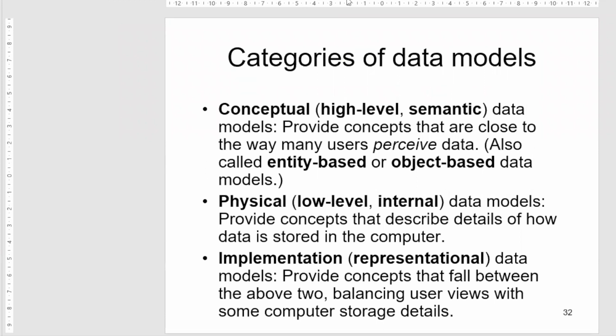So actually what we do, that is implementation, right? So then